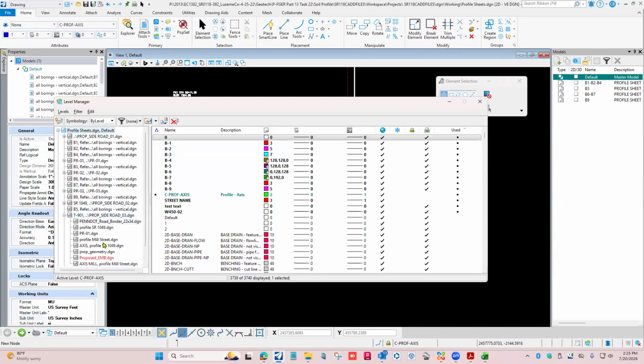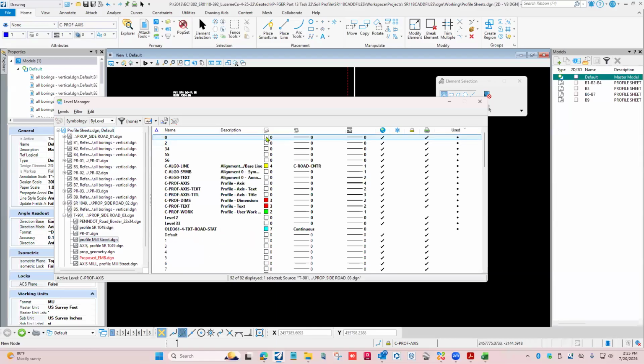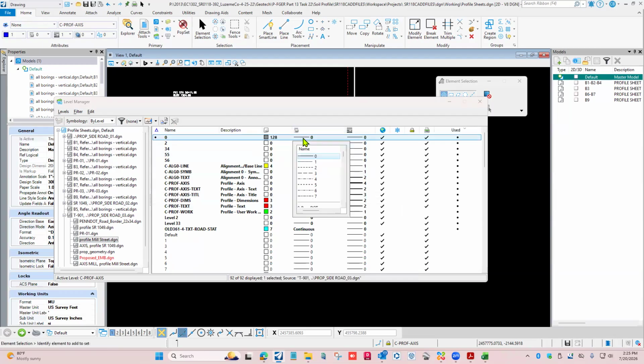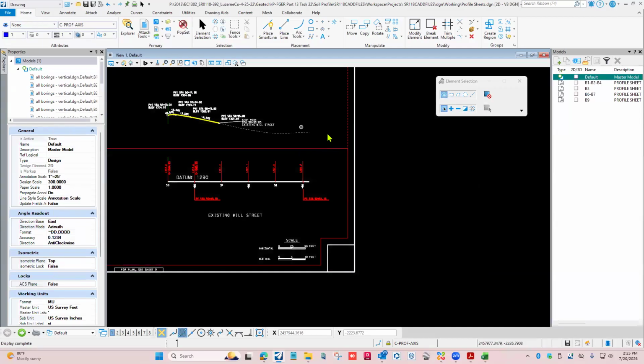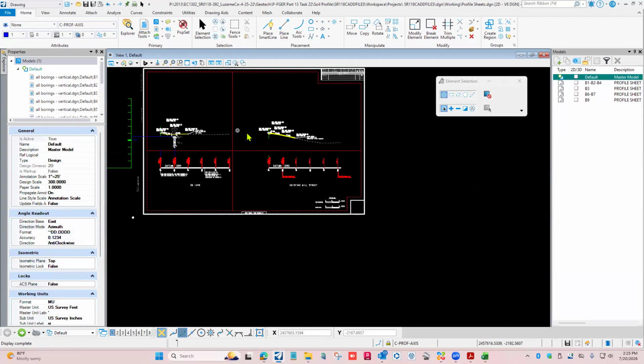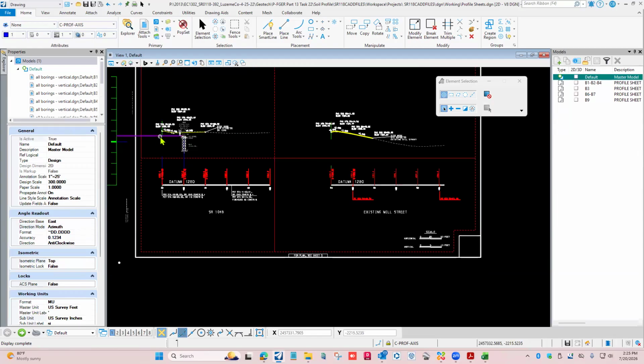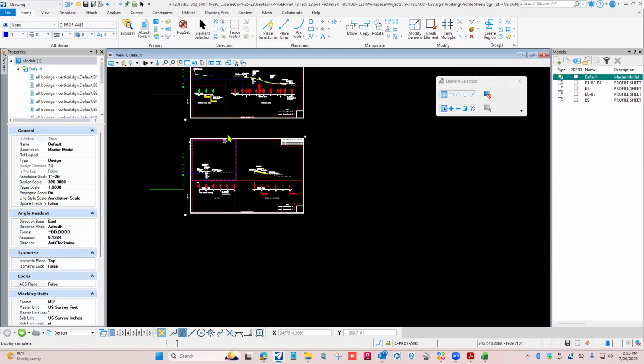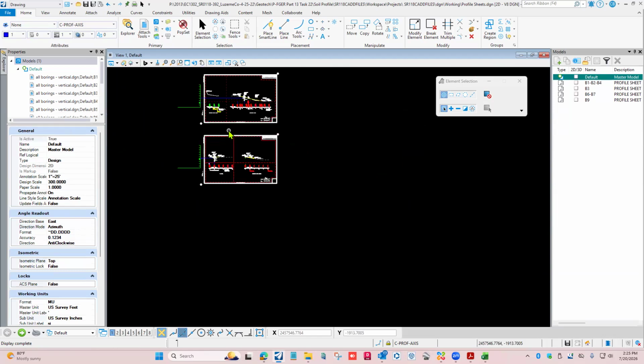this one on Mill Street, profile Mill Street as 128, 2 and 1. Yeah, there we go. All right. So now we're not putting a stick over there, but I just wanted to make sure that we're the same. Yeah, good to go. All right. So we're done with the profiles, short of